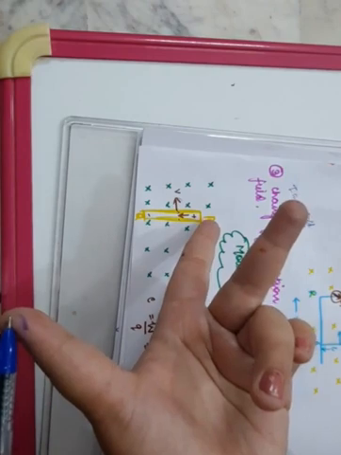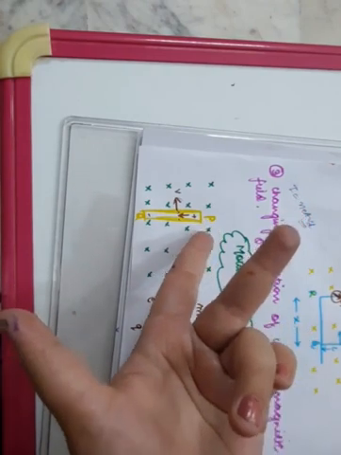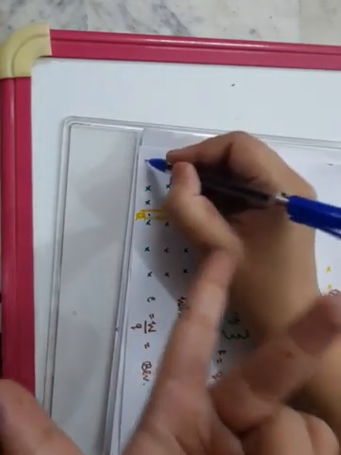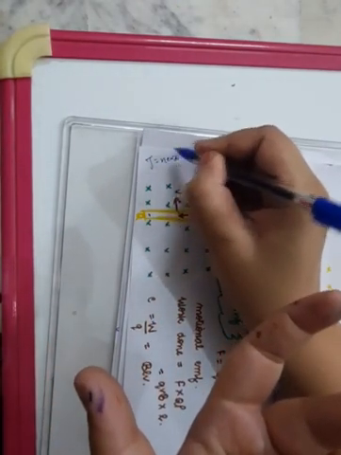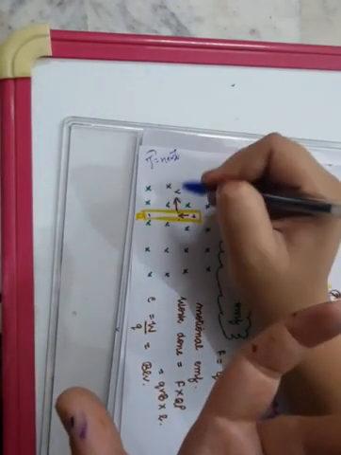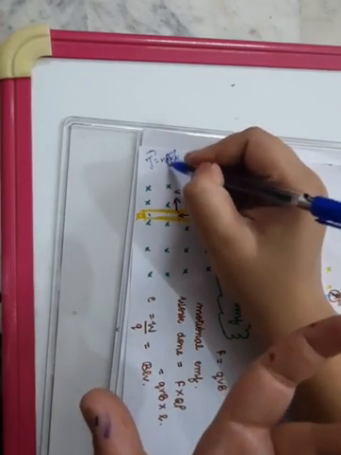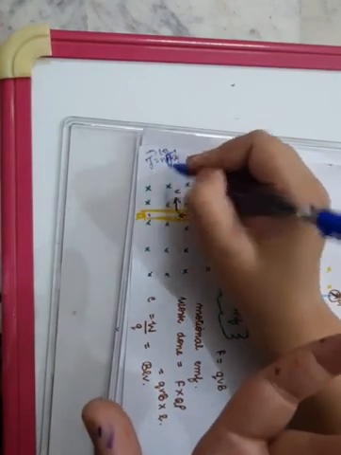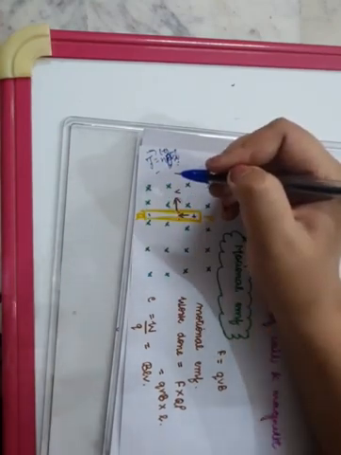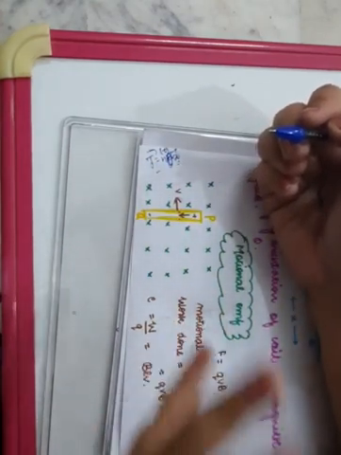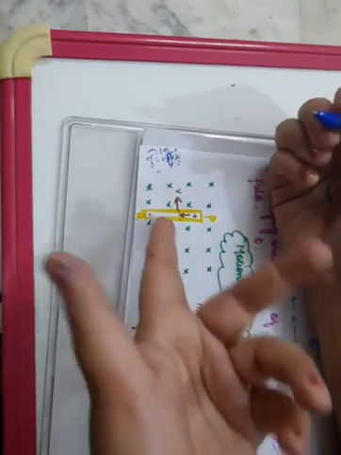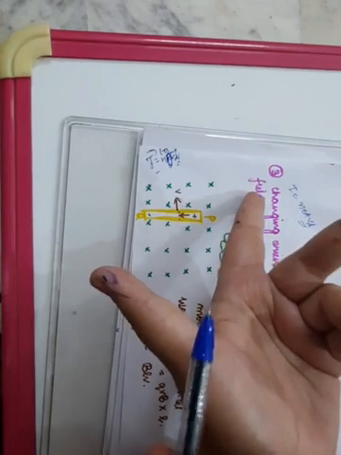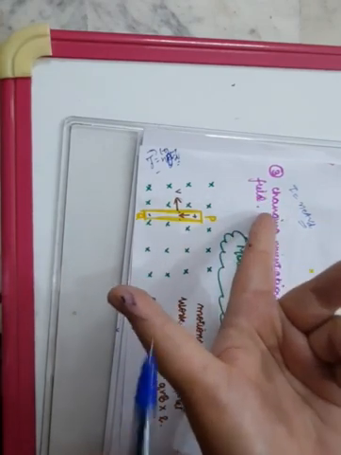ये फोर्स लग रही है पॉजिटिव चार्ज पे, नेगेटिव पे ऑपोजिट लगती है, ठीक है? नेगेटिव पे ऑपोजिट लगती है बिकॉज J इज इक्वल टू nevd वेक्टर. तो जब E मीन्स चार्ज, जब ये इलेक्ट्रॉन की बात हो रही है तो दैट इज माइनस e, and these both vectors are in opposite direction. तो नेगेटिव चार्ज पे ऑपोजिट होती है डायरेक्शन. So this is the direction of positive charge. So this means positive charge will tend to go down because of this force.